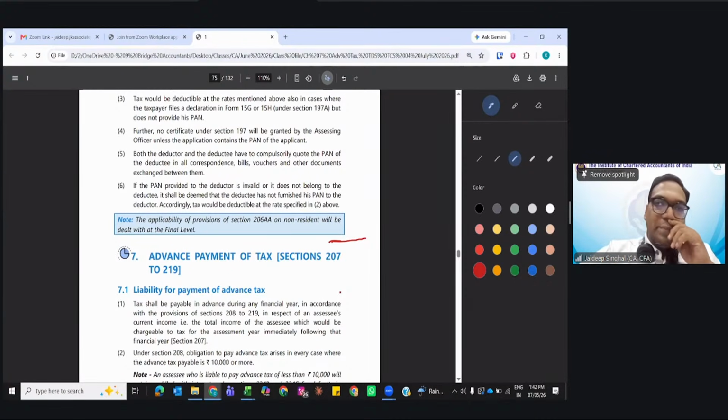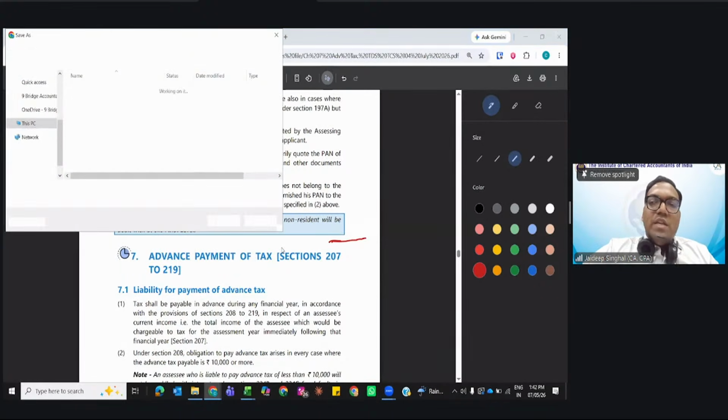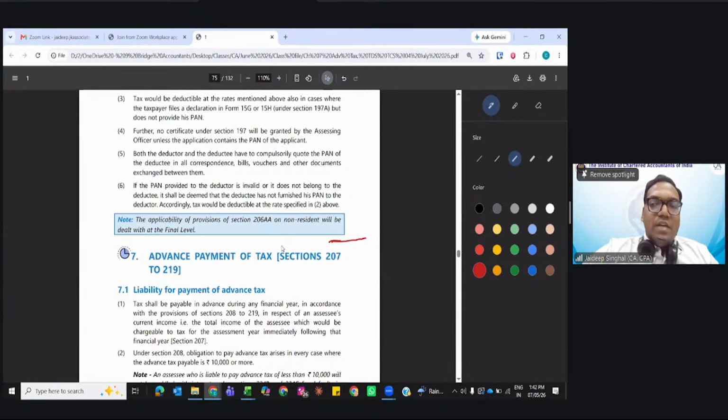Clear? If you have any queries, you can ask. If you want, I can also unmute you and you can ask the queries. That's it for the day from my side. I know I haven't read line by line, but I have explained all the concepts which are written in the book. Clear? Anil, you want to unmute? You have raised your hand.